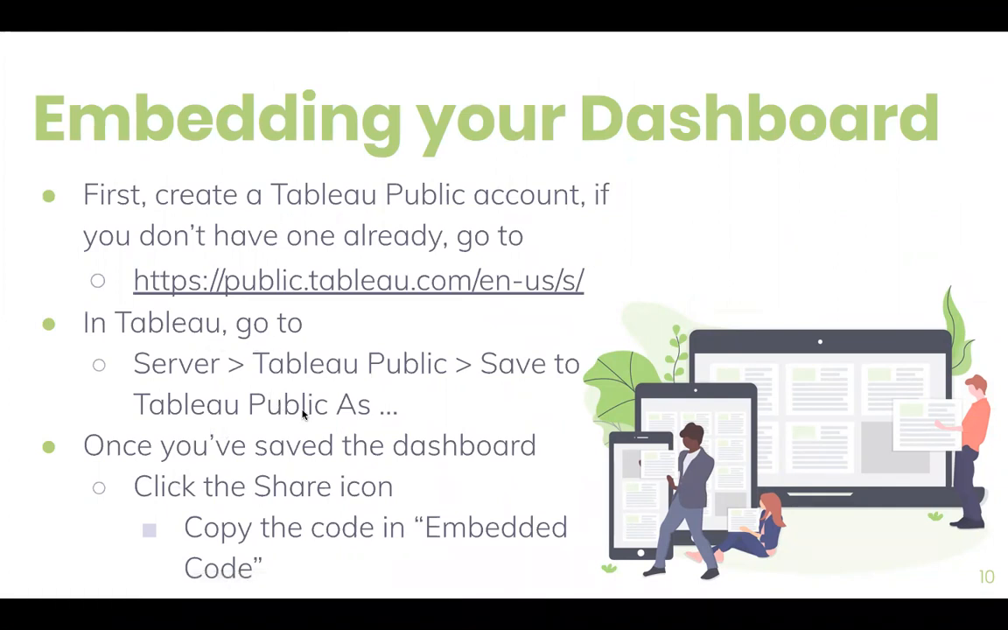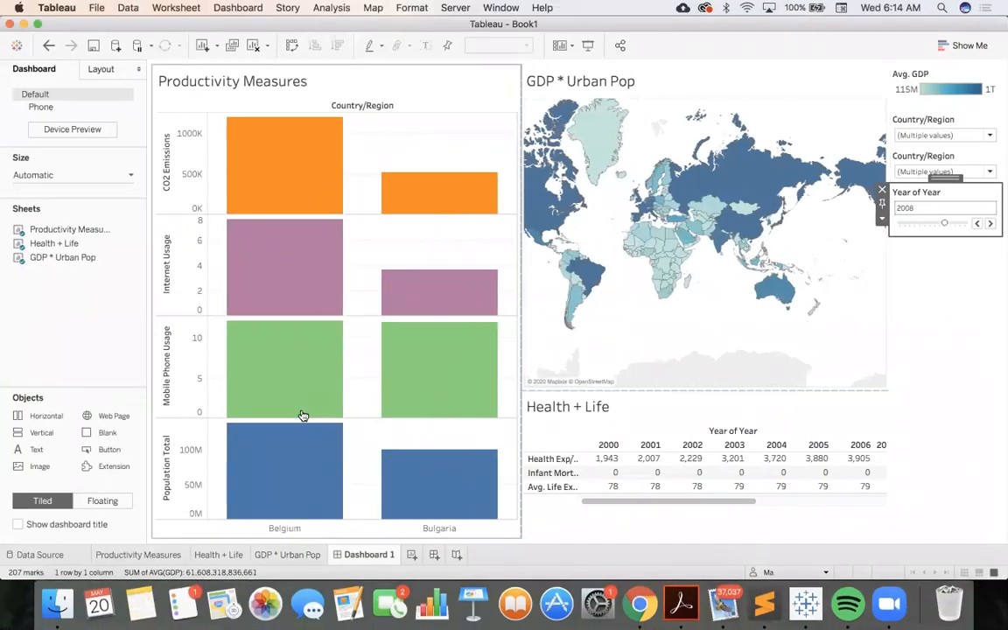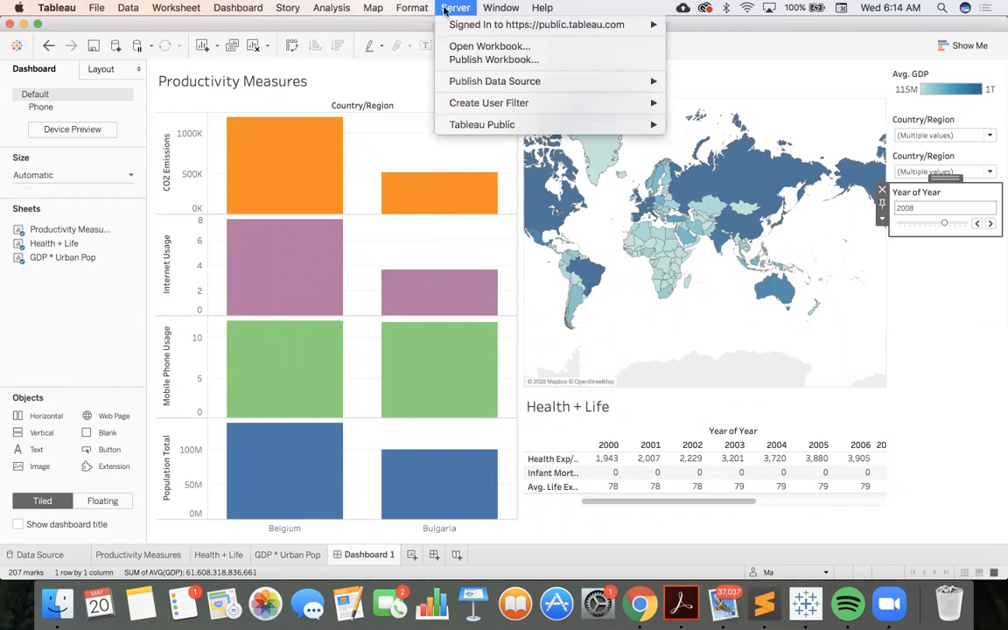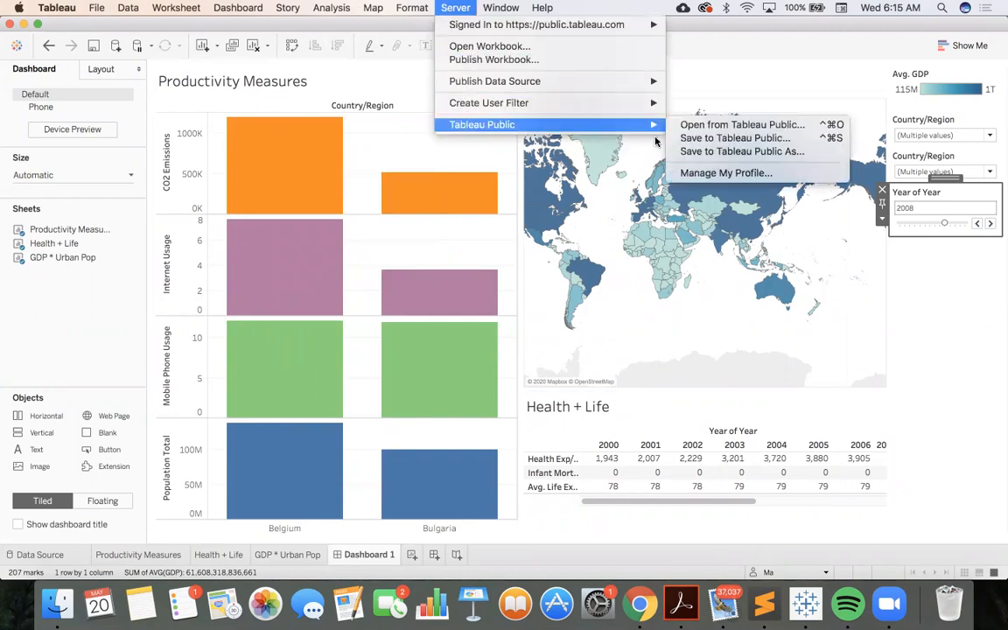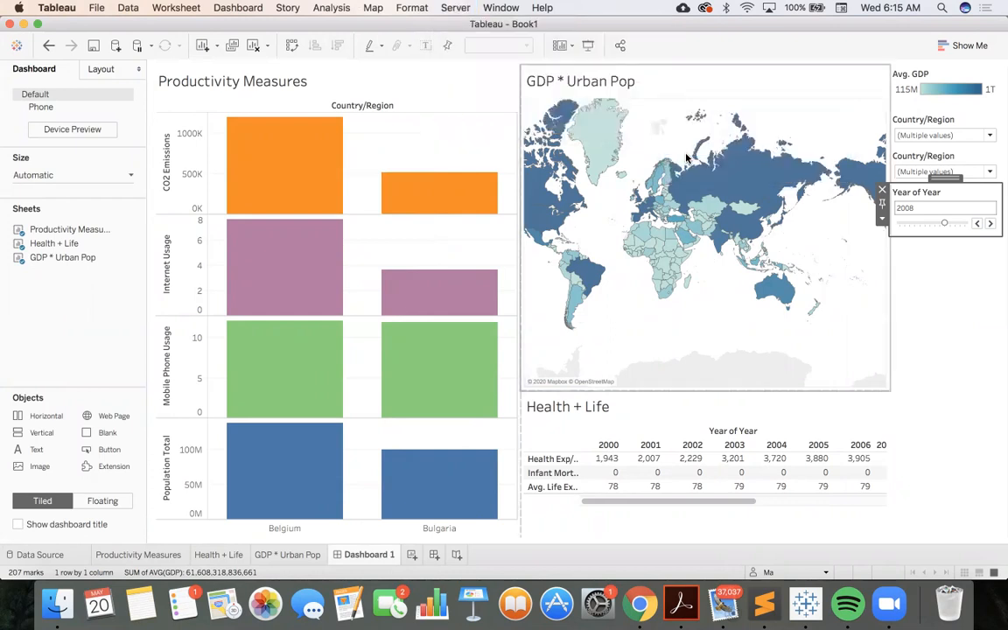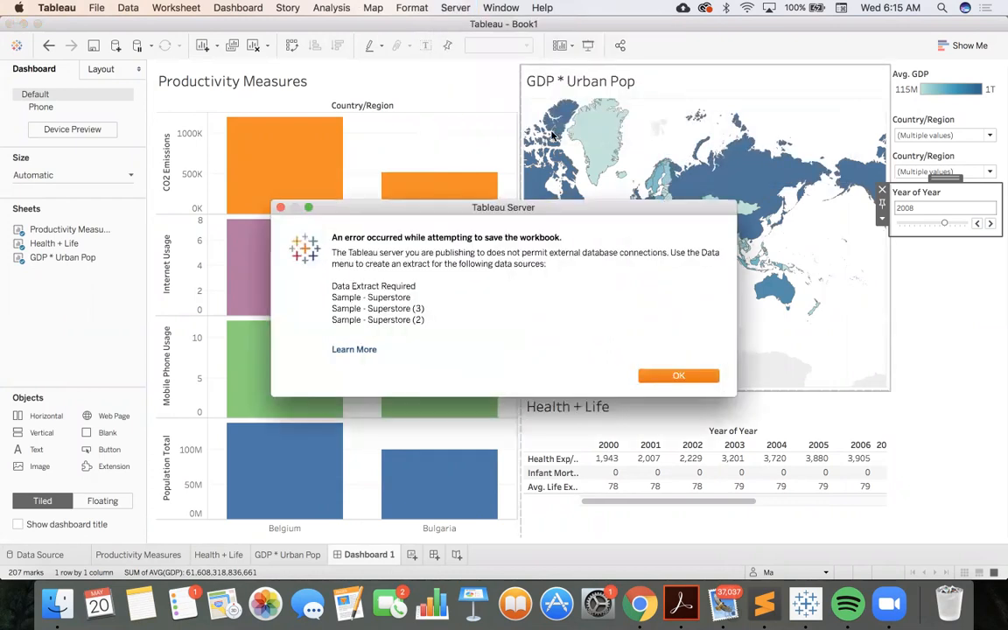And then once you have one set up, go back into Tableau and go to Server, Tableau Public, save to Tableau Public as. An error occurred while trying to save the workbook. Oh, usually this does not happen, but